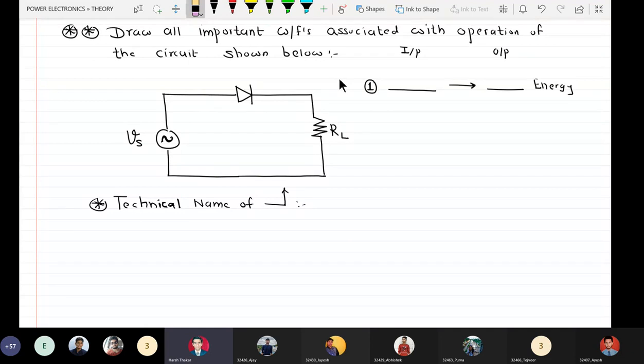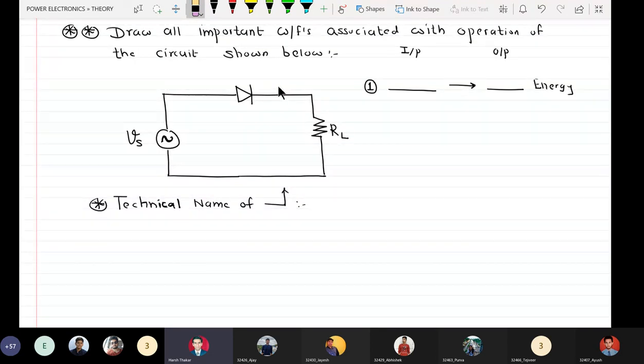It is a half controlled rectifier. Okay. So why did you say it is half controlled? Only one diode. Okay, so one diode is there, so there will be control over only one half cycle. Can you tell me which cycle is controlled and which is not controlled? Positive cycle is. No, you are wrong. Positive half cycle is not controlled. Negative half cycle is controlled. Can you tell me why you are wrong and why I am right? You said that positive half cycle is controlled and negative half cycle is not controlled. Why did I say that your answer is wrong?